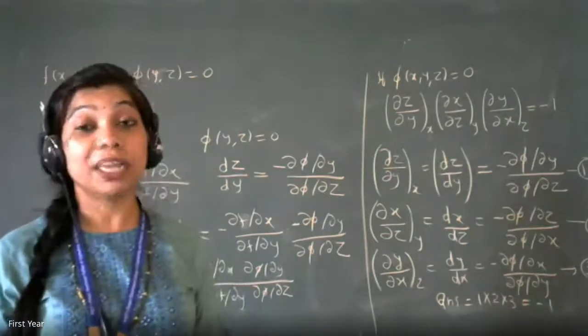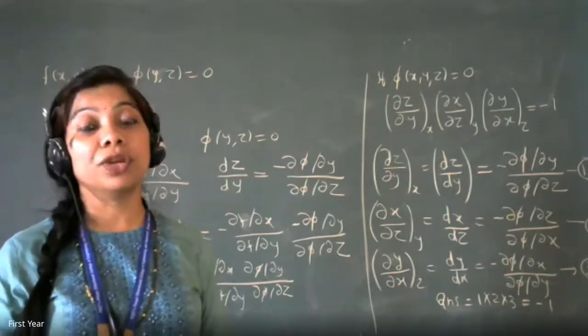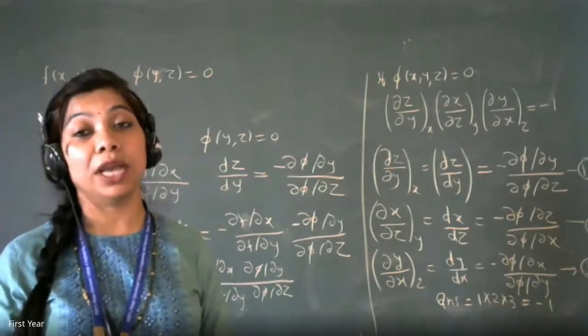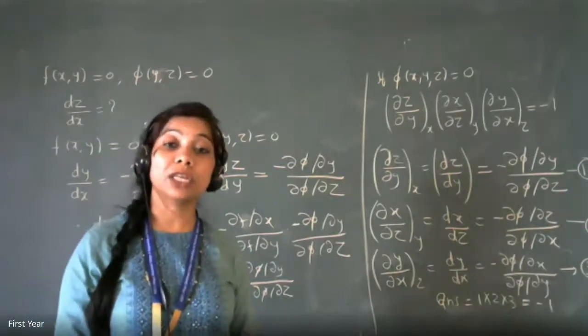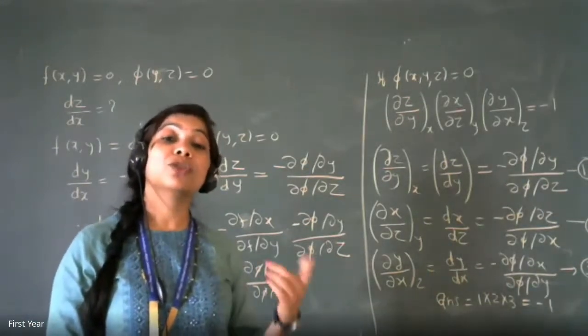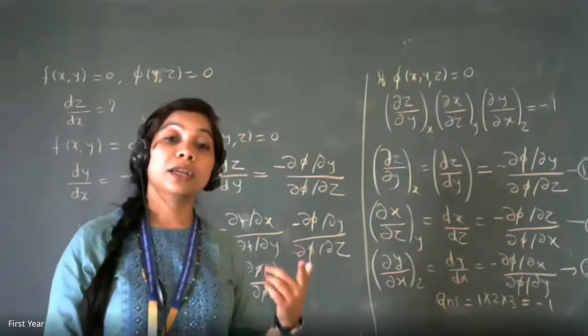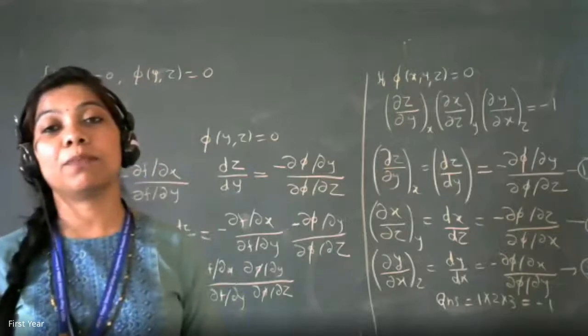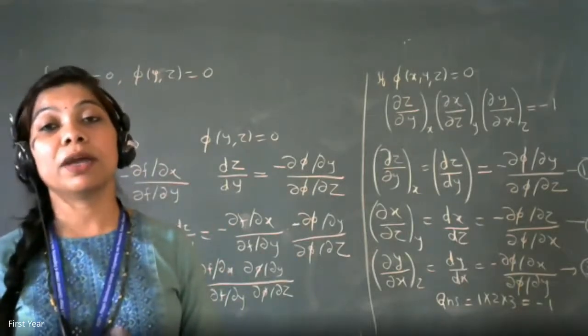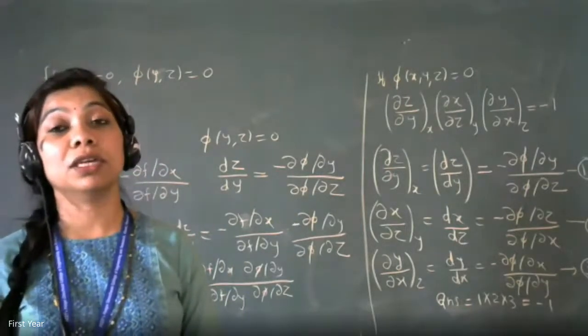प्लस by dx नहीं रहेगा क्योंकि डिफरेंशियल है, तो df will be del f by del x into dx plus del f by del y into dy plus del f by del z into dz. अगर डेरिवेटिव पूछा है तो what it will be, df by dx will be del f by del x into dx by dx plus del f by del y into dy by dx plus del f by del z into dz by dx.